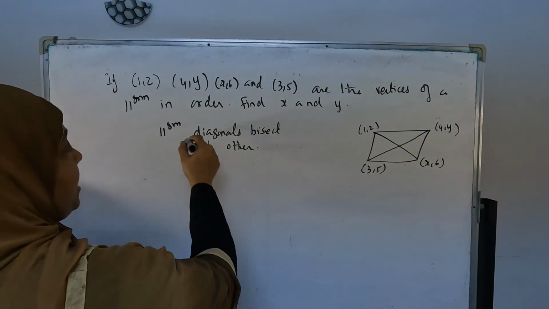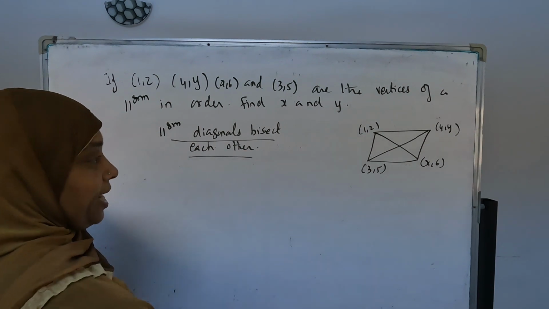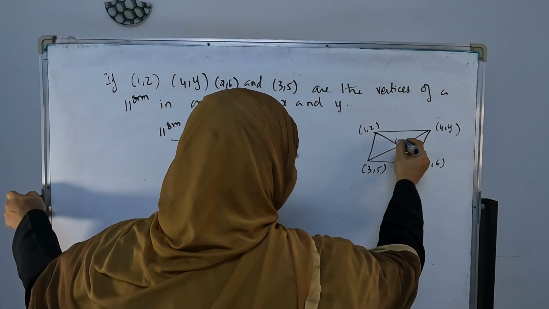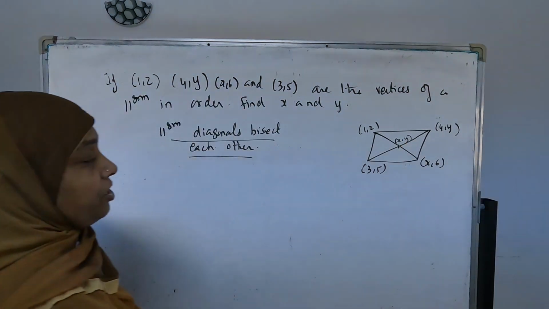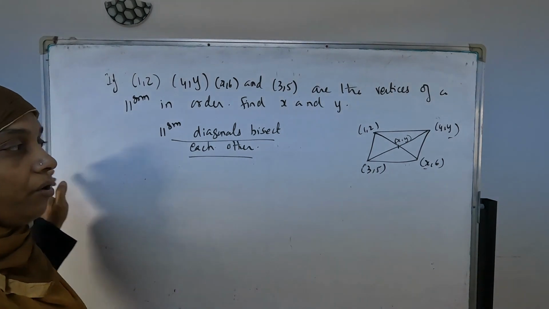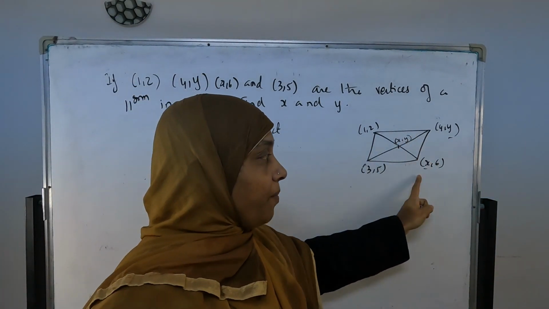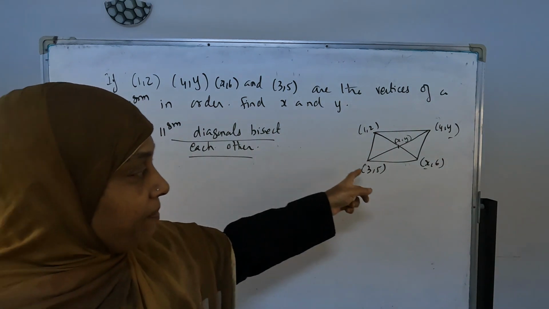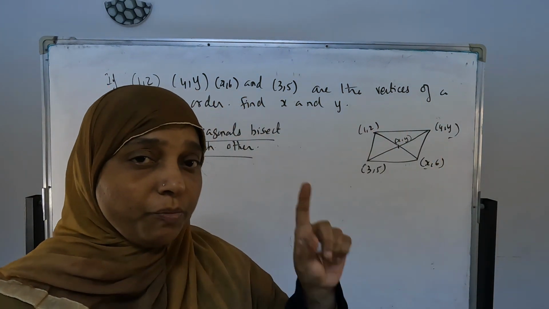And this one is about diagonals bisecting each other. In a parallelogram, diagonals bisect each other. That means this point is x comma y. Here x and y are unknown variables, so don't take the distance formula. Distance formula will not work here. Whenever a parallelogram is given and any values are missing, you have to use the midpoint formula